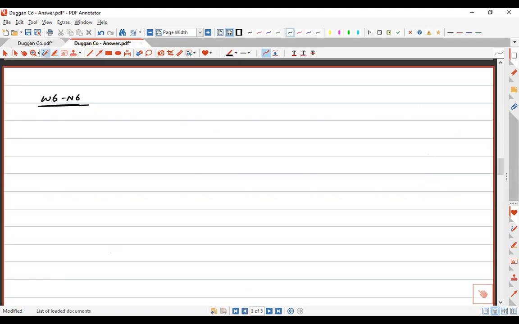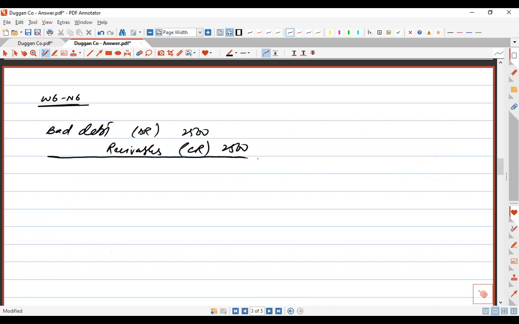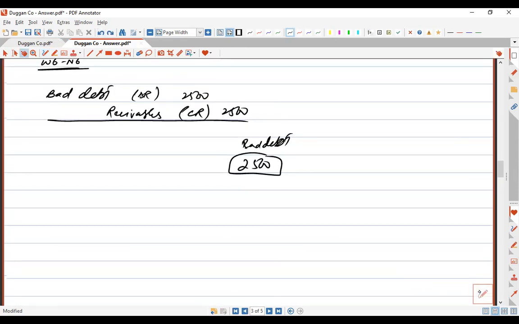Okay. So if there is a fraud type thing, bad debts are to be debited with the total amount, whereas receivables need to be credited, but we are not bothered with the balance sheet figure because that's not the requirement of this question. Further thing to understand, if we have recorded the 2500 as bad debt expense, next discussion, this bad debt is to be bifurcated under two things. The adjustment of this bad debt expense is important to understand.